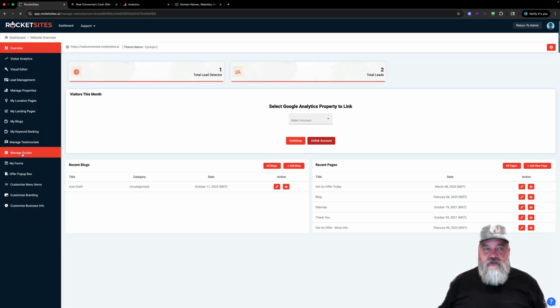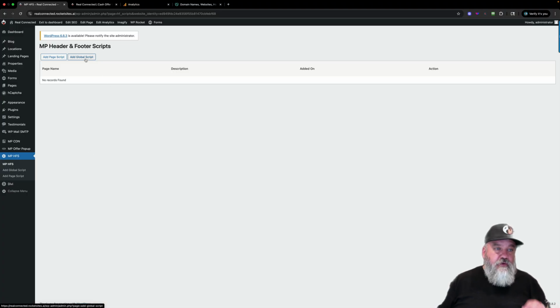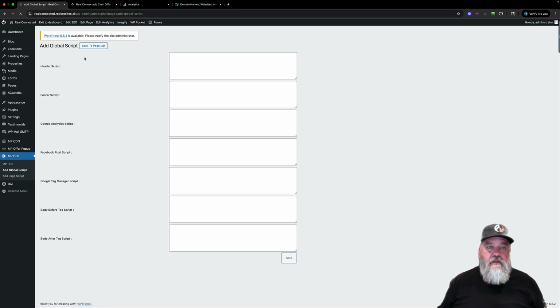When the Manage Scripts section comes up, you're going to have one for individual accounts and one for a global account. So you want to do your global script. Click on Global Script. And down here where it says Google Tag Manager script, even though this says Analytics up here, you want it here in Tag Manager. Click on Tag Manager, paste it in, because it is a Tag Manager that is doing